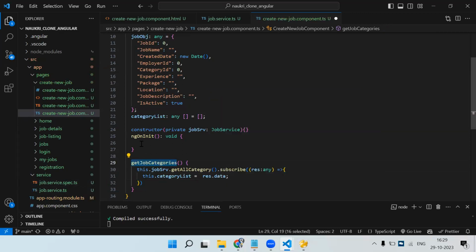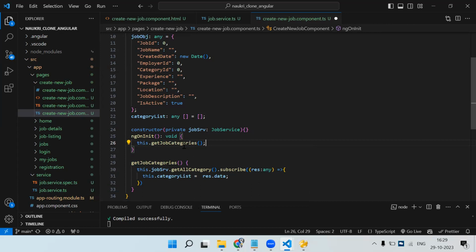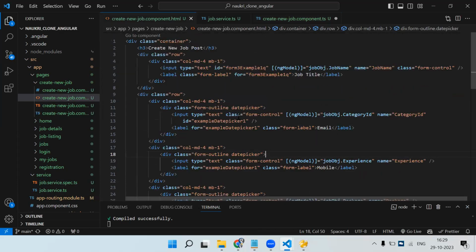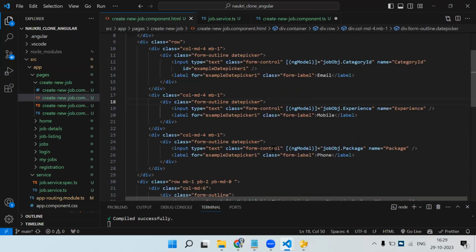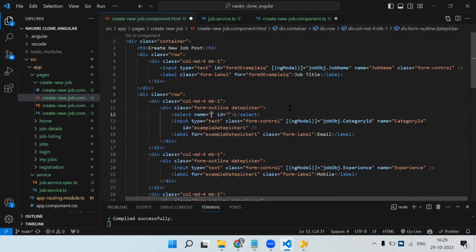Now this API, this function we are going to call on the page load, means in ngOnInit function, right? So on the page load, we are going to make this API call, and whatever the data we get, that we are going to store into this variable. Now this variable, we will bind it to the dropdown on the category. There was category, yeah, here only. So now instead of text box, we need dropdown,